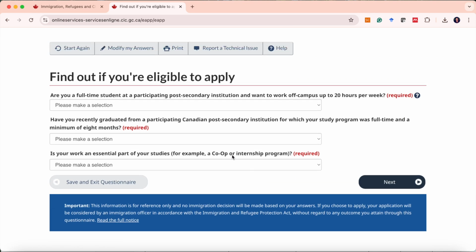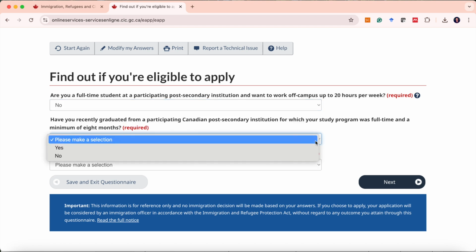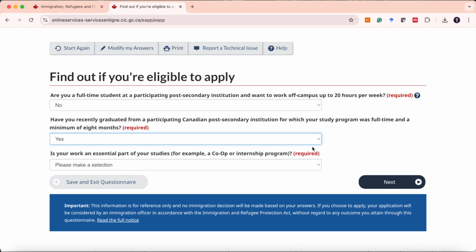So, are you a full time student at a participating post secondary institution and want to work off campus up to 20 hours per week? So, because you are not currently a full time student, so it's a no. Now, this is the one where you click on yes. Yes, right? So, have you recently graduated